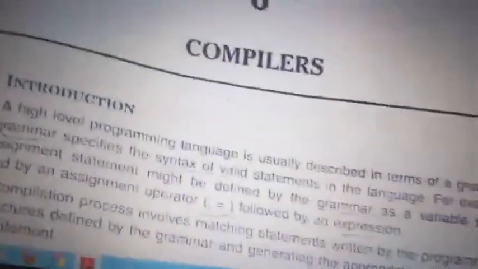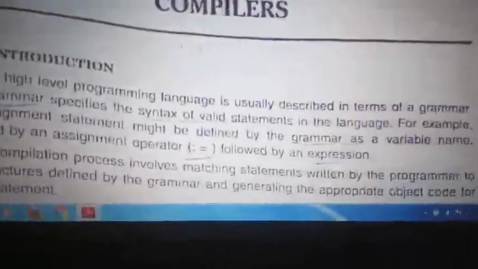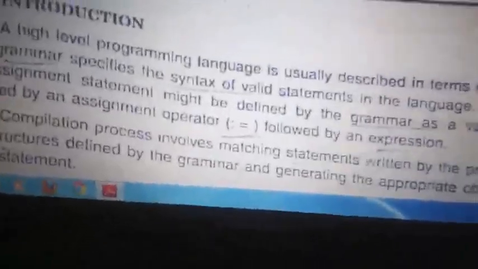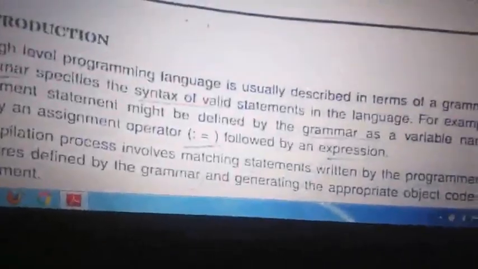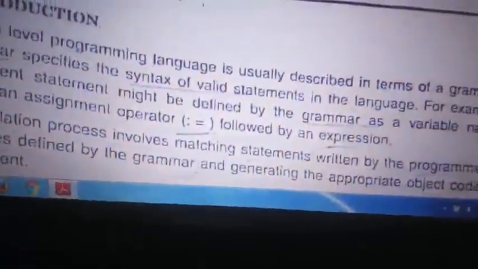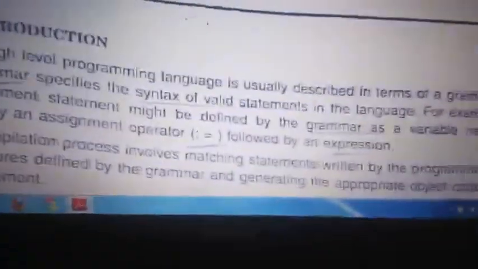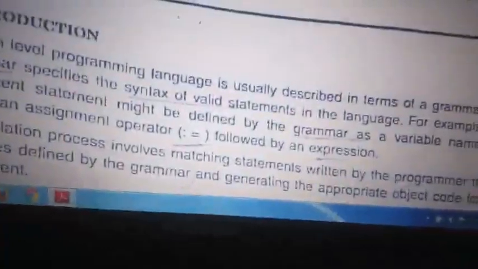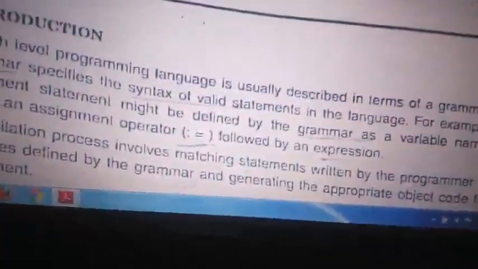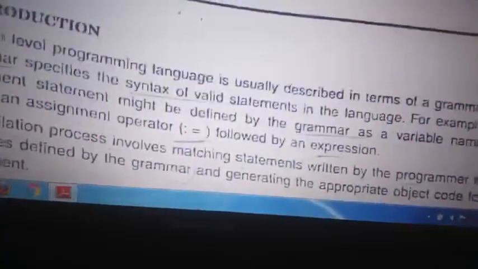So what is compilation? Compilation is matching this grammar, checking whether the grammar is proper, whether it is matching or not. If it is not matched, then it tells you that it's a syntax error, meaning the grammar is not matching. There is an error in the grammar, so you will get a syntax error, right? So compilation is matching the grammar. If the grammar matches, then there is no error. If the grammar is not matched, then it's an error, right?